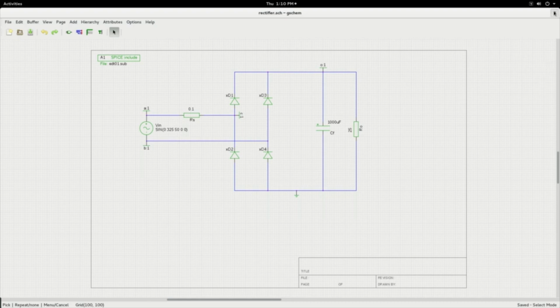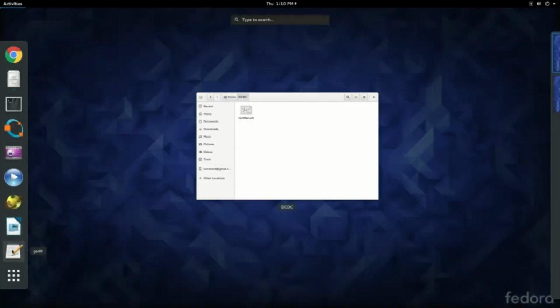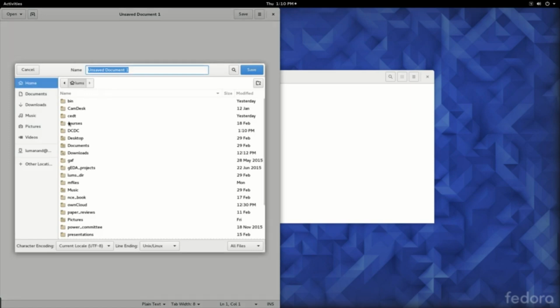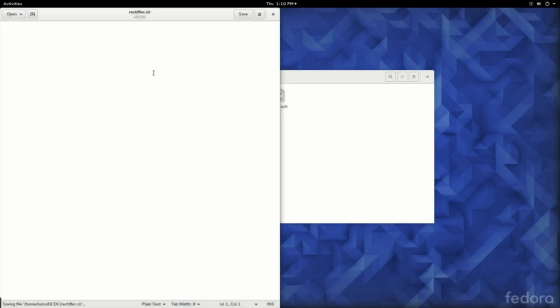Let us close the circuit, the schematic, and now you see that in the DC-DC folder we have rectifier.sch. So we have now the schematics ready, but we have to add 2 more files. One file we will save into the DC-DC. I will name it rectifier.cir. Always keep the same name as that of the schematic file name, and only the extension you change it to CIR. Save that,